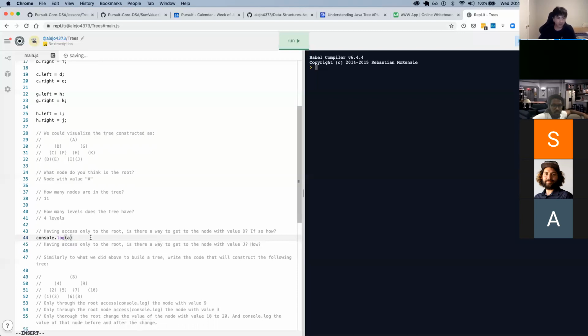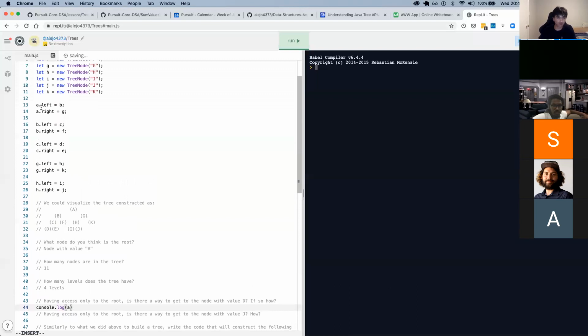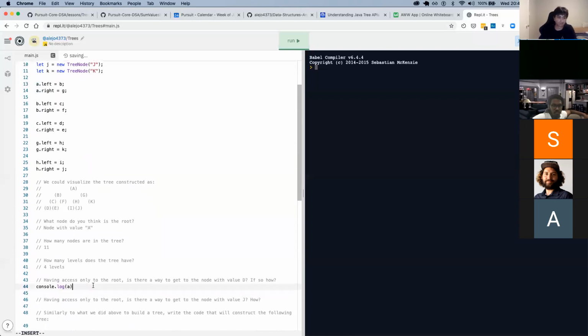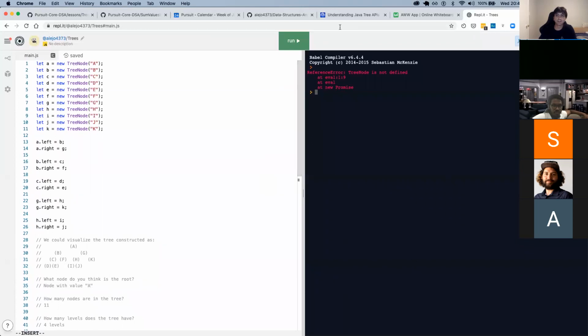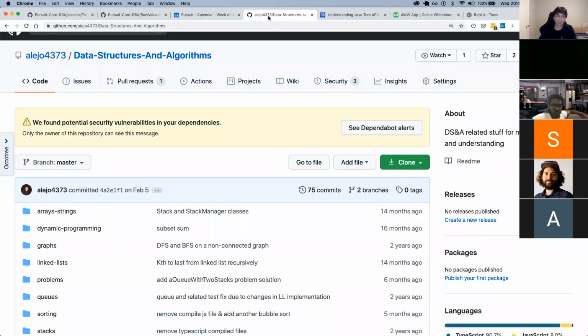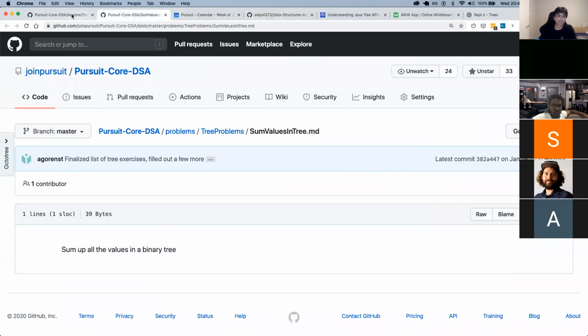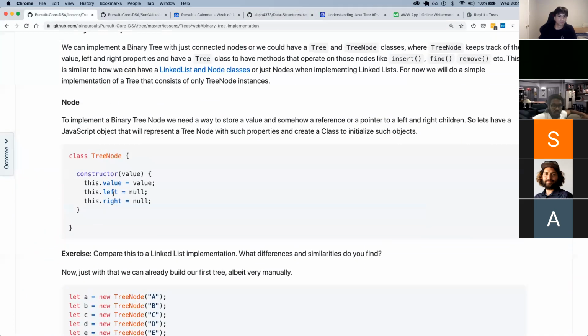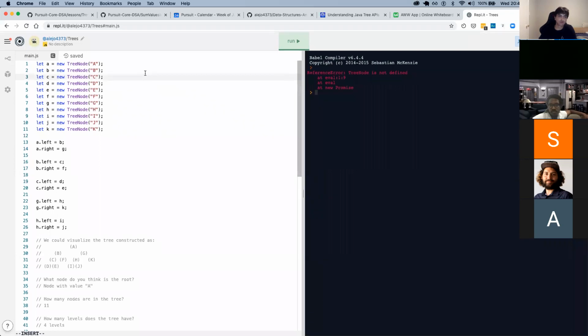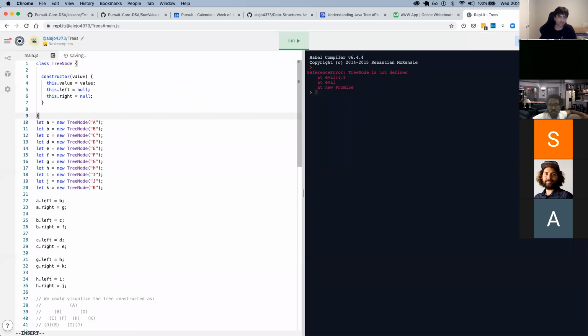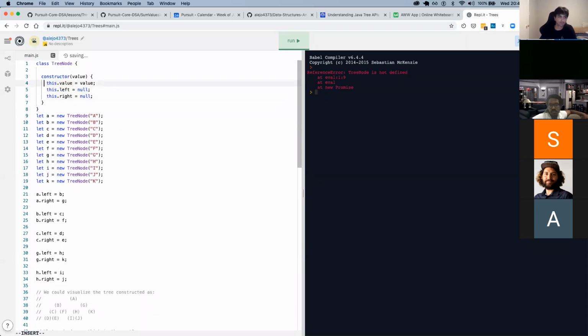Let's take a look at what happens when I console log A, the root node at the very top. I run this. Oh, tree node is not defined. I forgot to copy the class. We need this to be able to define it.